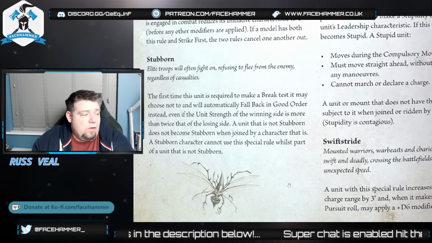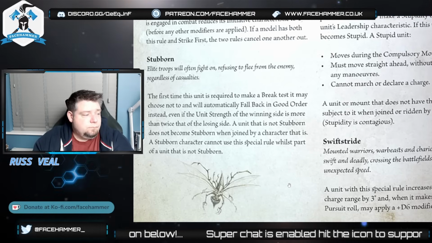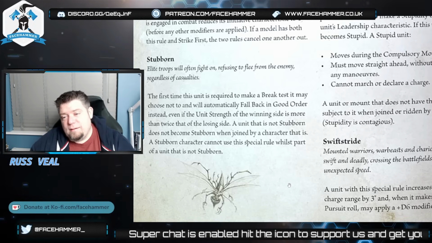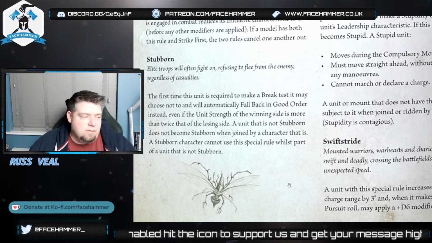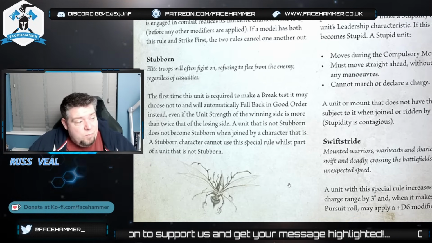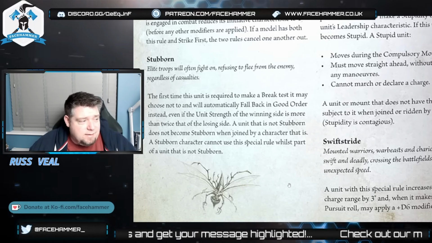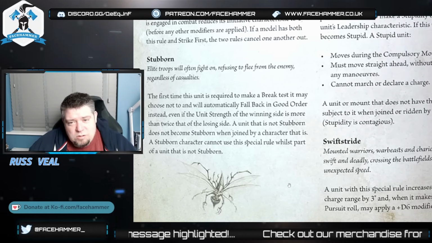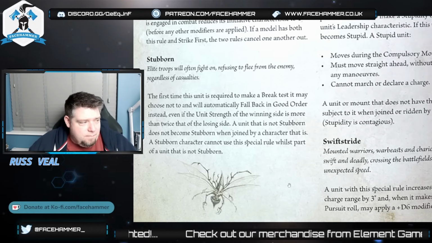A unit that is not stubborn does not become stubborn when joined by a character that is, and a stubborn character cannot use this rule whilst part of a unit that is not. So effectively, these extra bits are just to stop people putting a character in a unit and giving the unit a whole bonus for the character living there. But basically, stubborn is a great rule because you automatically pass, though it does say the first time it's required to make a break test. So it doesn't say that you can use it the second time you have to take a break test or the third time. So the first time,